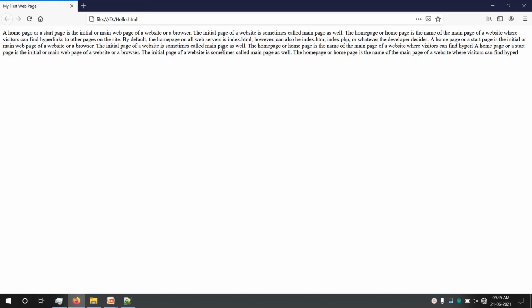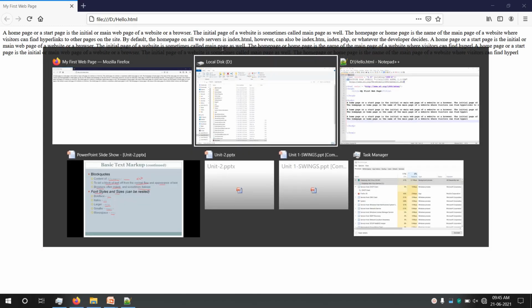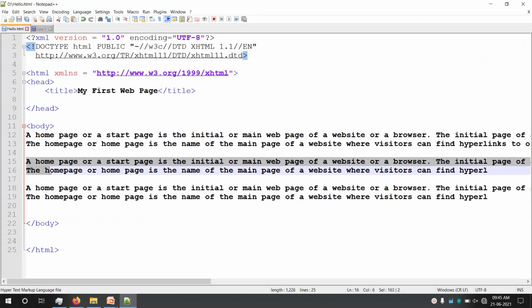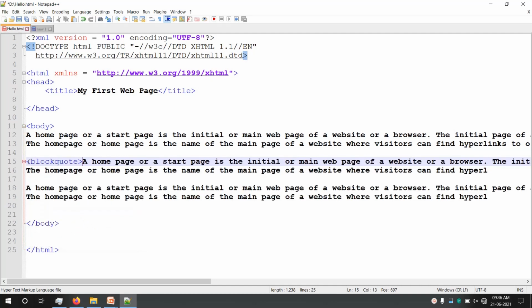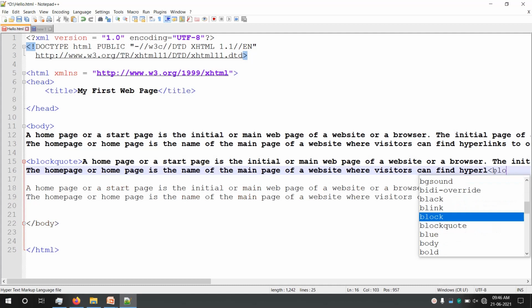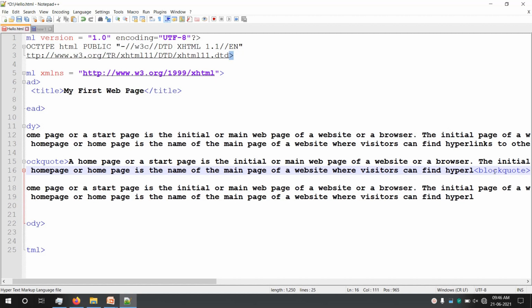Now consider I want to use a block quote. I want to make this complete text look different from the first and the last text which has been added in this file. For that, I can use a tag that is block quote. If you're using Notepad++, it will provide you help even when you type the first 2-3 letters of a tag. Automatically the tag name is displayed. Okay, block quote. Now this is the closing tag. So the closing tag is always preceded by a slash.